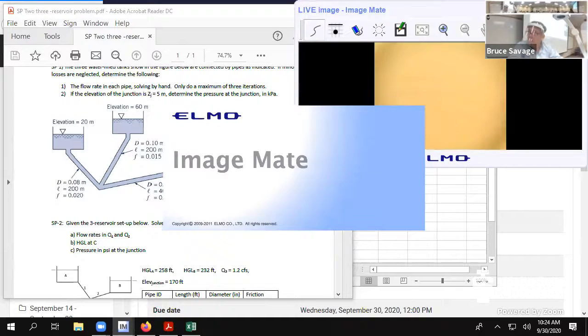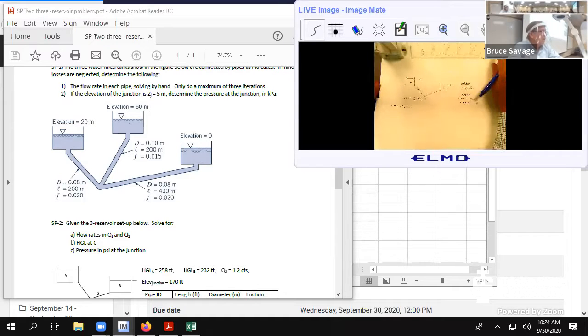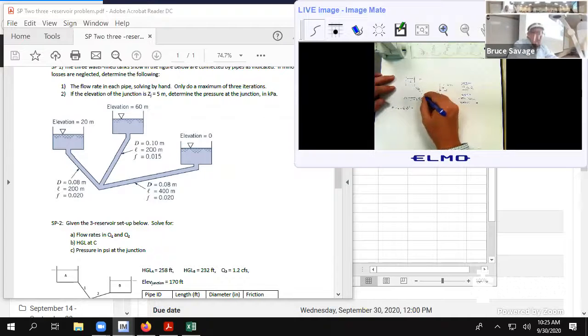So when we don't have the hydraulic grade line at the junction given. At the first problem I went over in class, we didn't have that either. We just had it given in the one that looked just like this on Monday, but we took it out for this one. We know that the hydraulic grade line at the junction is real and exists, we just didn't know the value. And so we did this trial and error procedure where we assumed the hydraulic grade line at the junction was equal to the middle reservoir, right? Okay, so in this problem, we're going to,